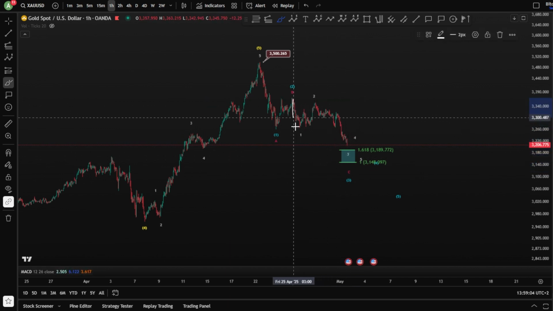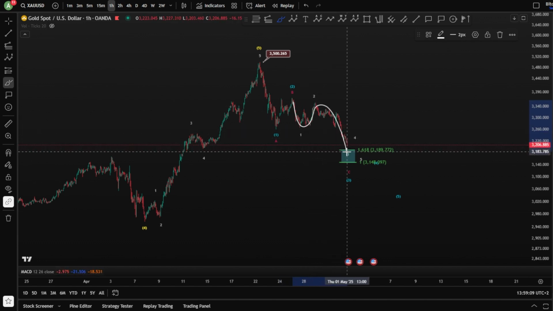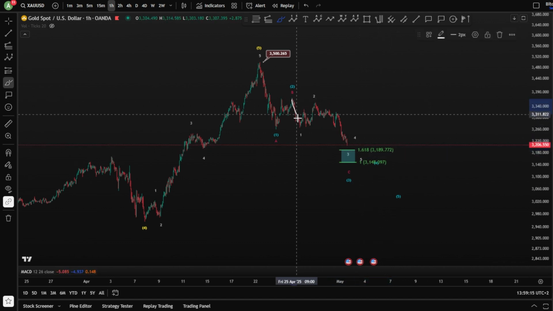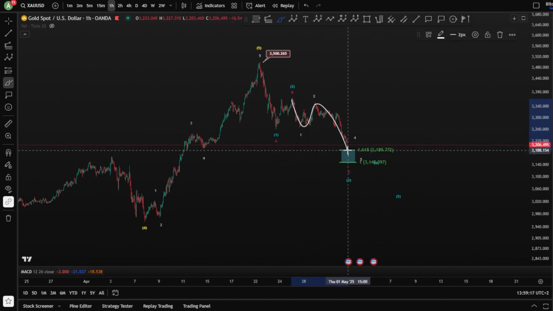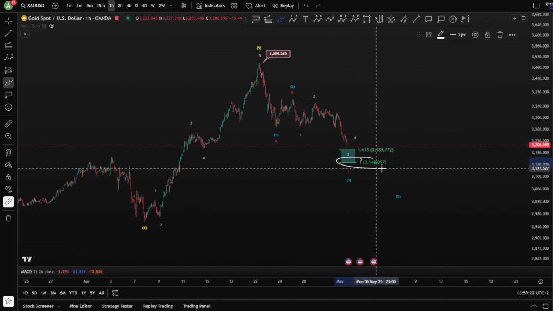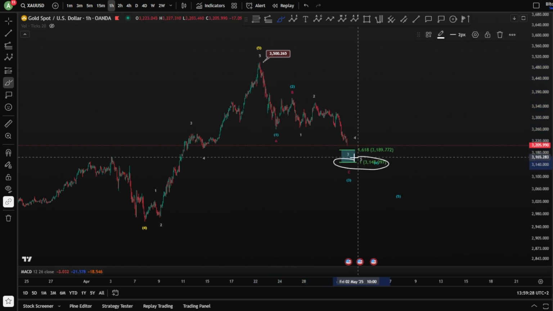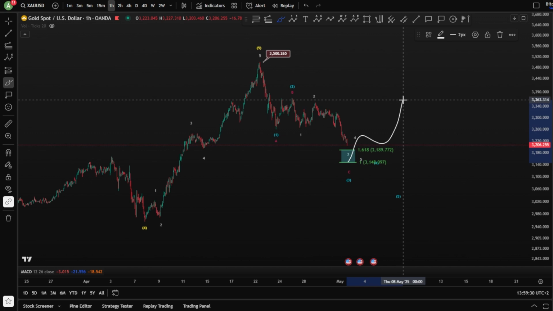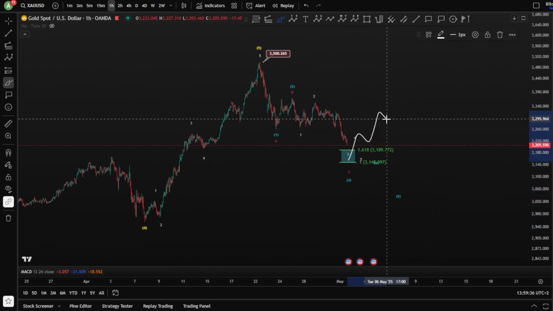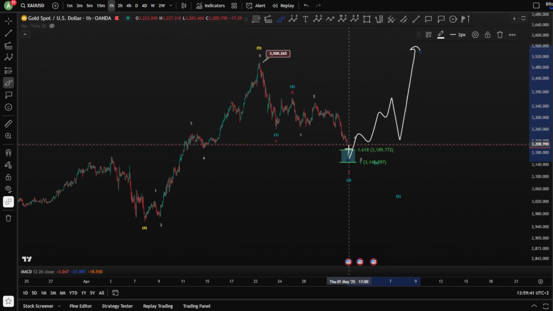Now, the thing is, inside this wave here, where we are looking at another impulse, where you have 1, 2, 3, 4, and a 5 potentially, you are very close to the 1.618 taken from the 1 to the 2 to the 3 here. And that means you might get a 1, 4, 5 to finish exactly at the 1-to-1 fib level for an A, B, and a C, and we take it again from there. We might get 3 waves up and again a bigger impulse toward the downside, or we might see 5 waves up, which is an impulse and then continuation for a new all-time high.